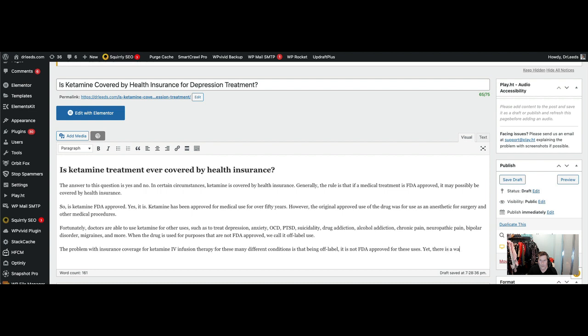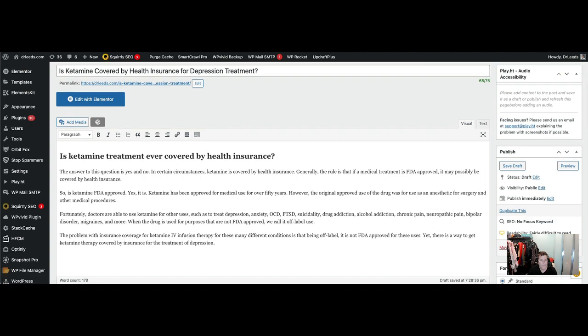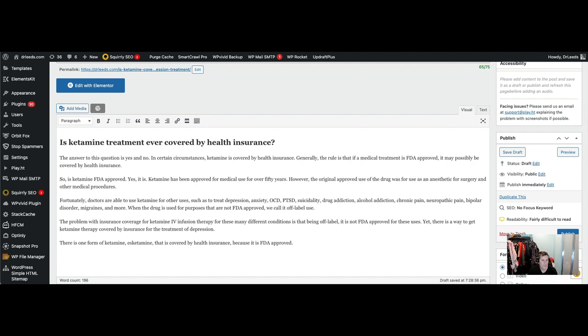Yet there is a way to get ketamine therapy covered by insurance for the treatment of depression. Okay, almost at 200 words. As esketamine is an isomer of ketamine,